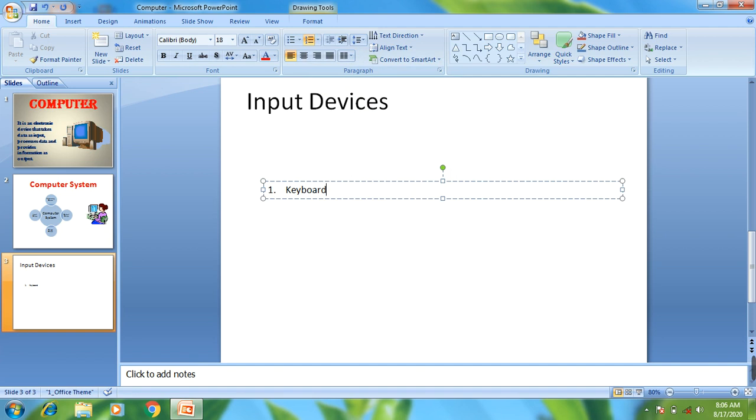After entering the first line of text, if you press the Enter button, the next number will automatically appear. After one, now you can see 2 appears here. In this way, whenever you press the Enter key on your keyboard, the next number will automatically appear.